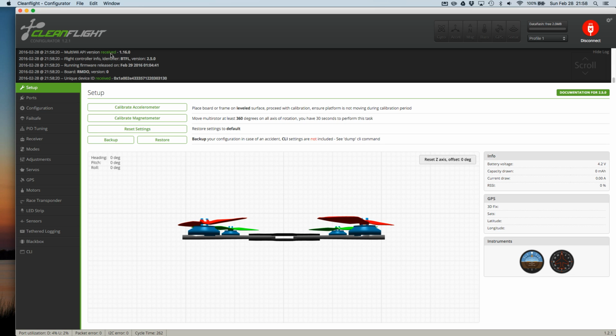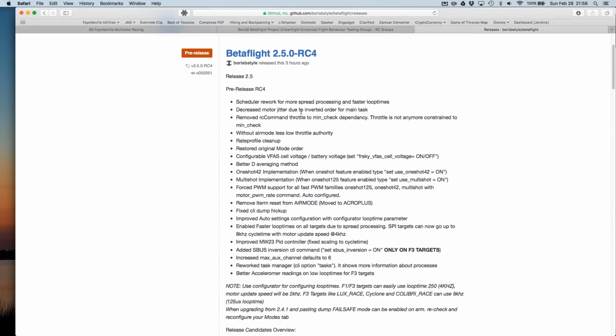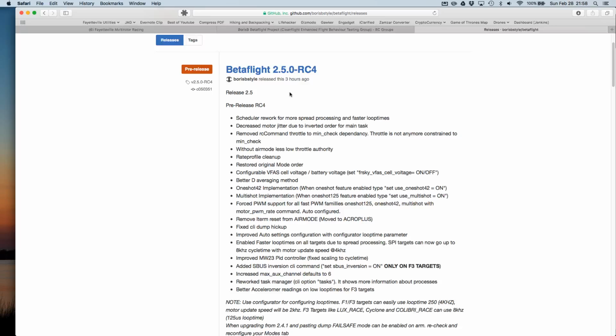This Multiwii API version, I don't know what that is, but this second line down here, flight controller, tells you BTFL, that tells you you're running Betaflight, and I'm running 2.5.0. Specifically, I'm running the 2.5.0 RC4, and you have a whole lot of information here. This is